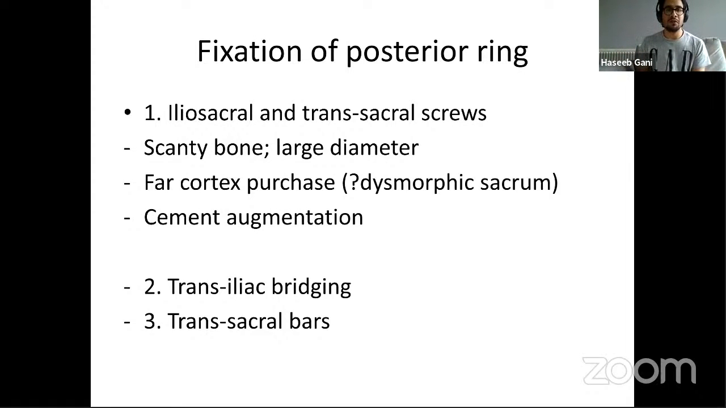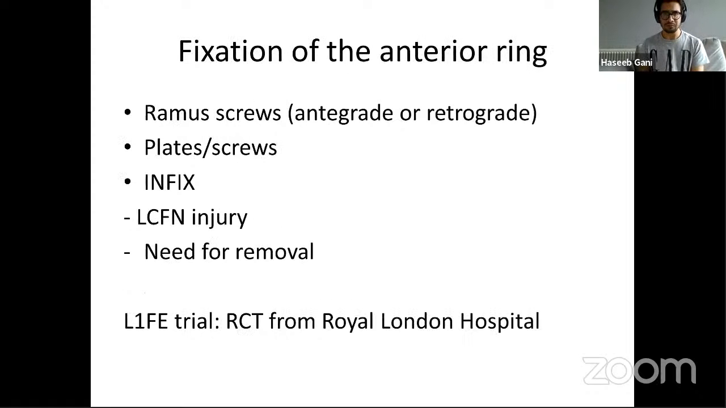Earlier, transiliac bridging bars and transsacral bars used to be popular. They provide compression. They are still used in some places. Transiliac bridging constructs are similar to posterior infixes, in which you do LC2 bolts and a connecting bar in the middle. I'll show you a case after that. Anterior ring fixation is usually with Ramus screws, minimally invasive. Sometimes you may need a plate and screw fixation, especially if it's an old fracture or a non-union or very unstable. Infixes, or internal fixators,